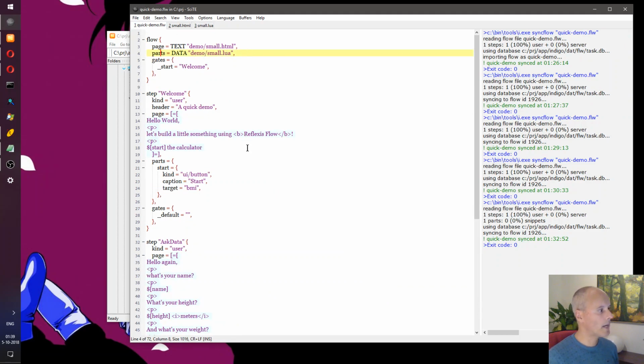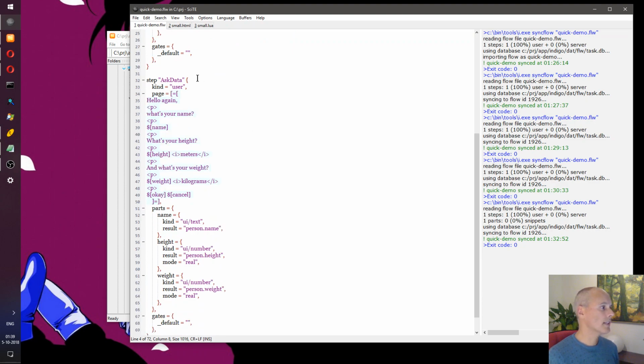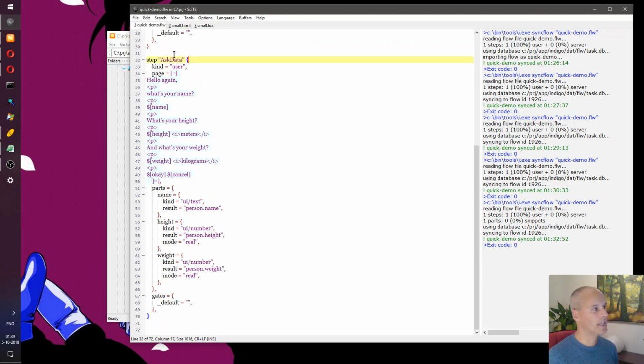So if we now go back to the definition of this particular step that we want to act as a form, let's do a quick review. It says, hello again, what's your name? There's a field for the name. It asks about height, there's a field for the height, about weight, a field for the weight, and two buttons. And here are the definitions of these step parts.